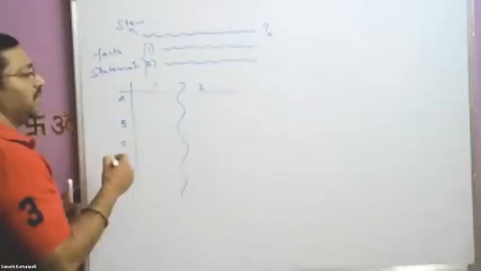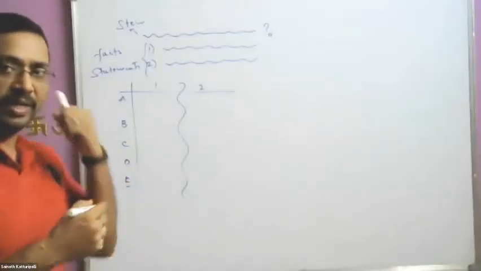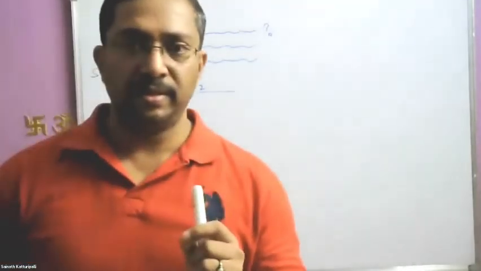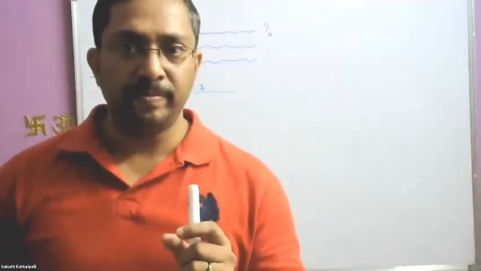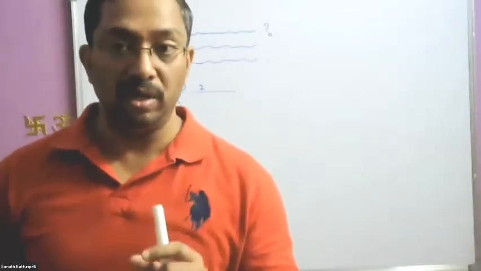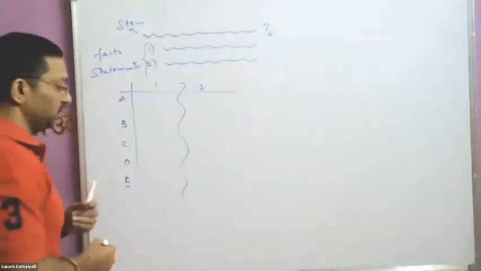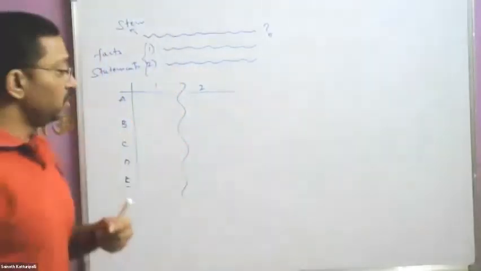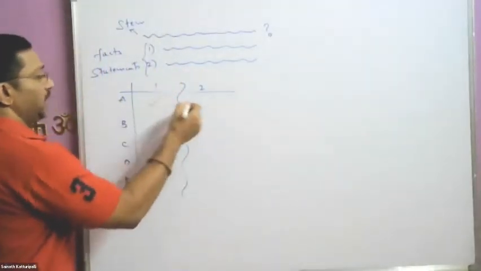So for option A, the first statement should satisfy when the second statement does not satisfy. No, that's not how the option choices would be. Give me proper wording. What do you find in the option choice? Statement 1 is sufficient. Statement 1 alone. Alone. It's very important when you're working with a DS question. Treating the statements alone is very important. So statement 1 alone sufficient and statement 2 is not needed.